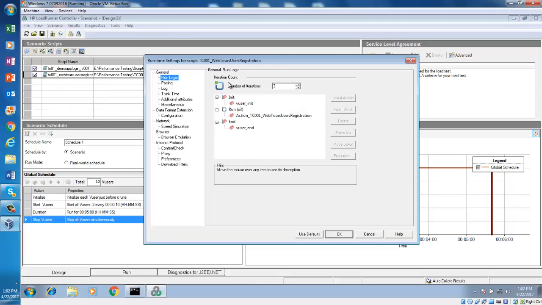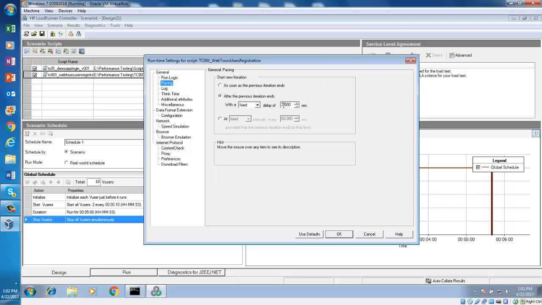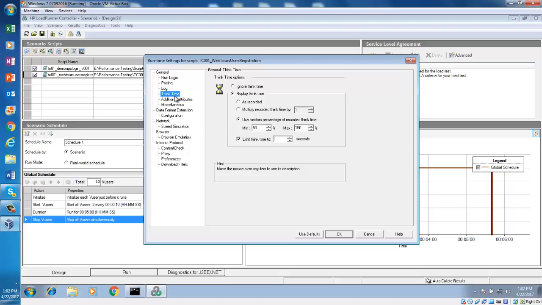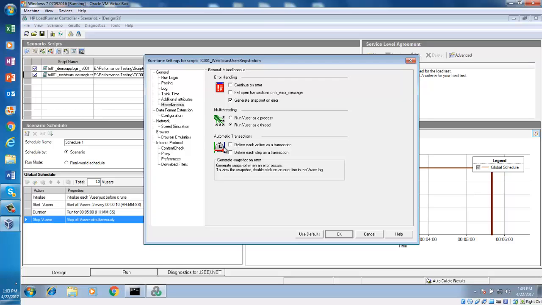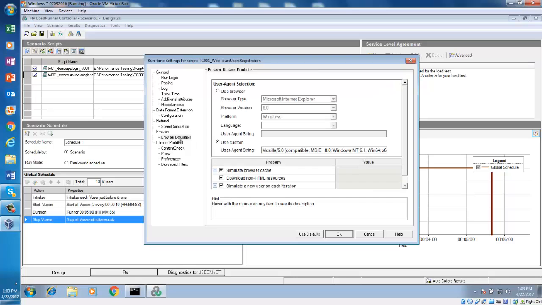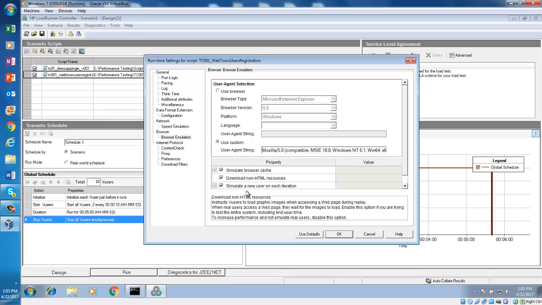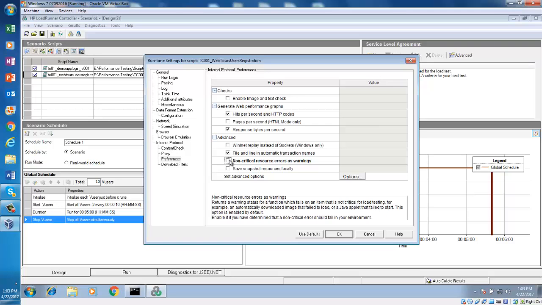Actually, I can do that copy if you are executing the script in Performance Center, then you can copy runtime settings, but here it is not possible. So let me quickly change it here. Runtime settings copy is possible when you are executing the script from Performance Center. It will have an option. Miscellaneous, we have this. So in that case, we individually need to do it. If you have multiple scripts, you can select all the scripts and do it together, but you can't copy it from one script to another.